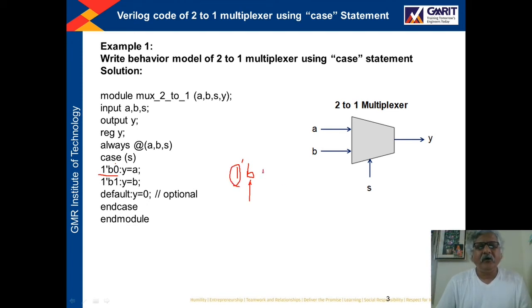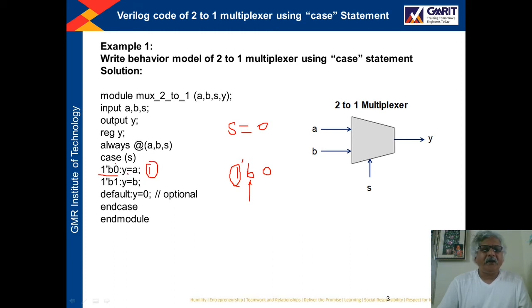Either it will be 0 or it will be 1. So if the value of this expression S is 0, then this statement number 1 will be executed.